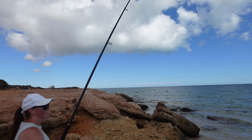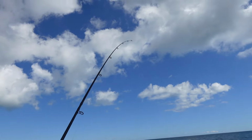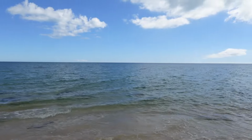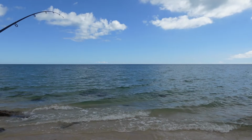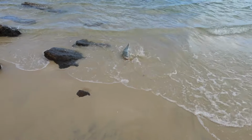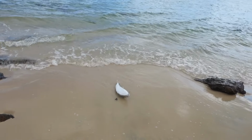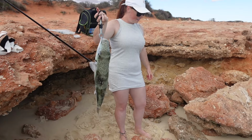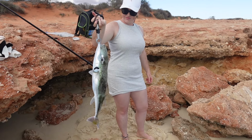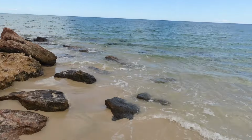Alright, she's on. I don't think it's very big, whatever it is. It's just dead weight. Keeps just getting dragged in. He's not even fighting now. She caught a big toadfish. She's 65 centimetres, we just measured it. Of shitness. Yep, shit fish, but...